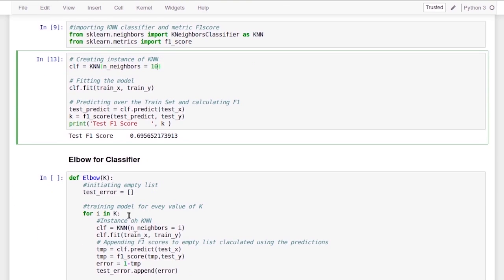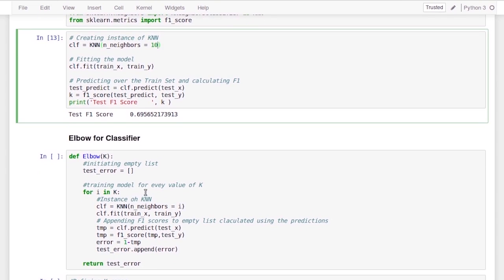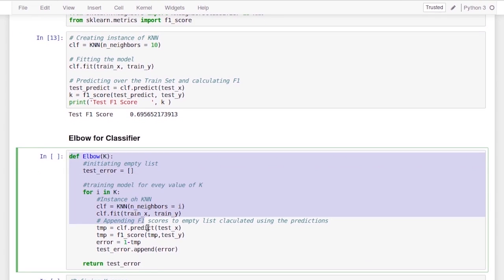So to create an elbow curve, we'll train the KNN model for different values of n neighbors and finally select the value which gives us the least error. So here I've defined a function to create the elbow curve. We create an empty list called test error, which will store the error values for each value of k